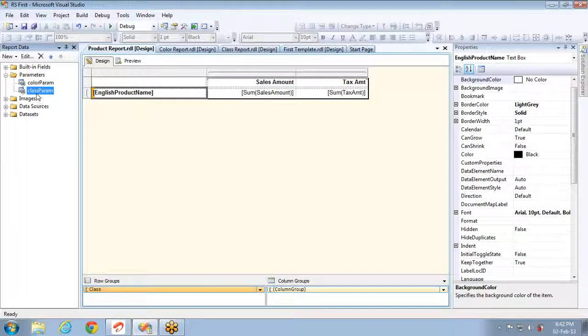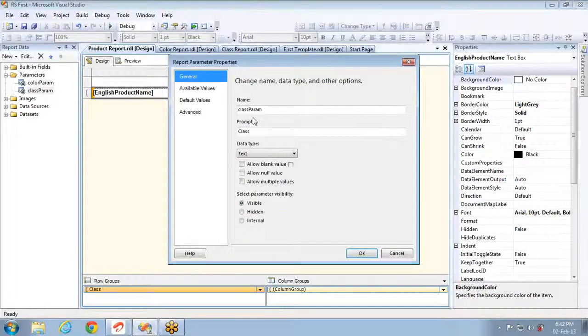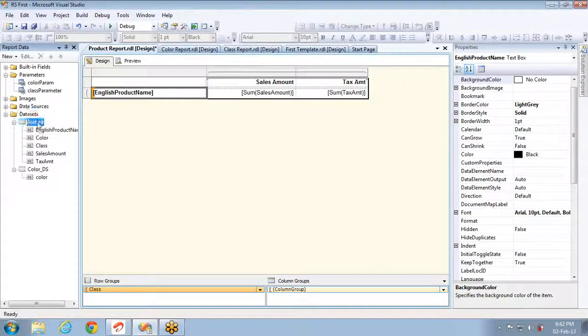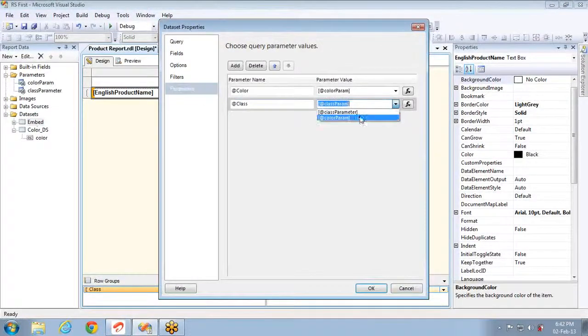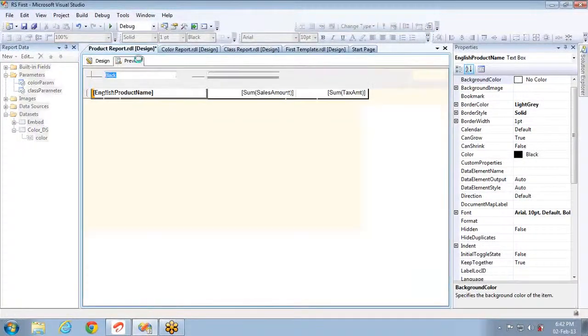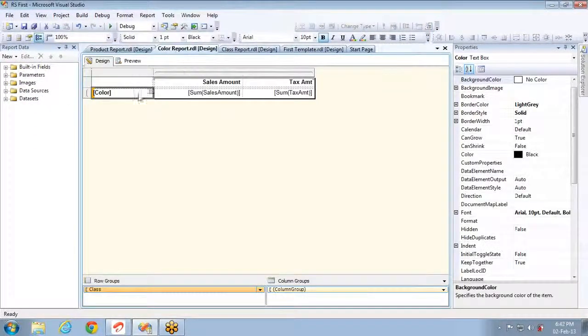I think better to rename it. Already there is one in the parent. Let me make it as class parameter, and let me map the same here. Class parameter, fine. And here, this will work fine now.